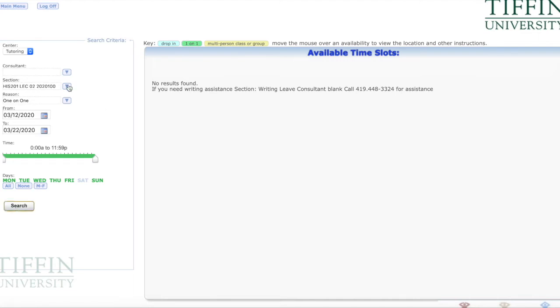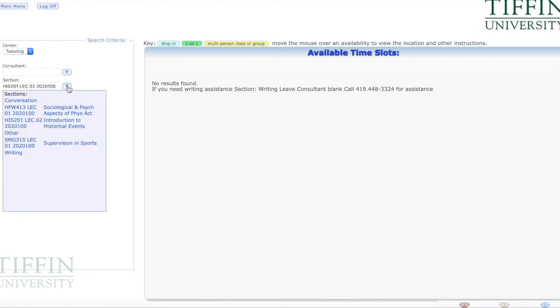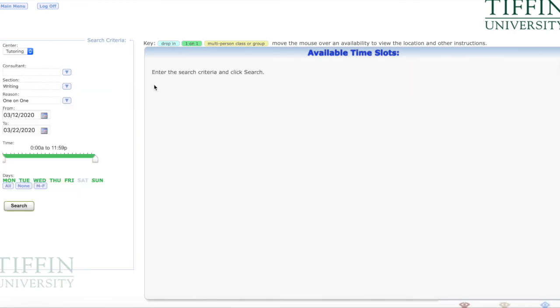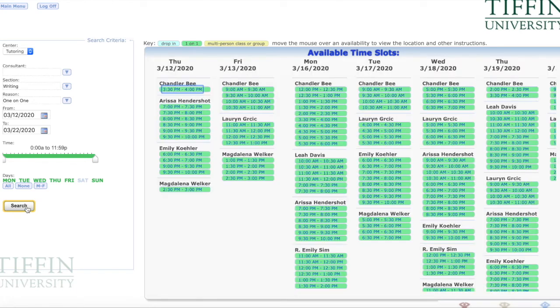We also, if we go back up here and we click on writing, that can give a new suggestion, a new population, so that tutors can go over the paper itself rather than content, so things like APA formatting and text citations and so forth. Now if we click search from here, it will show all of our availability through that week time frame. If you are looking to schedule an appointment at this time, you will be able to click on any of the green